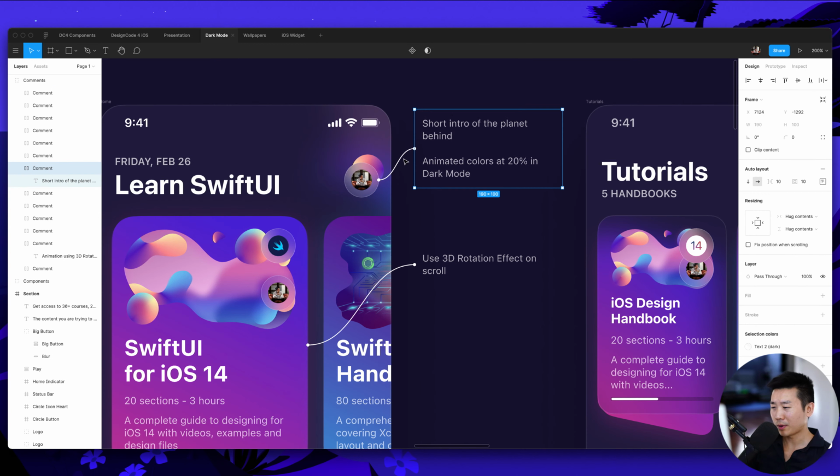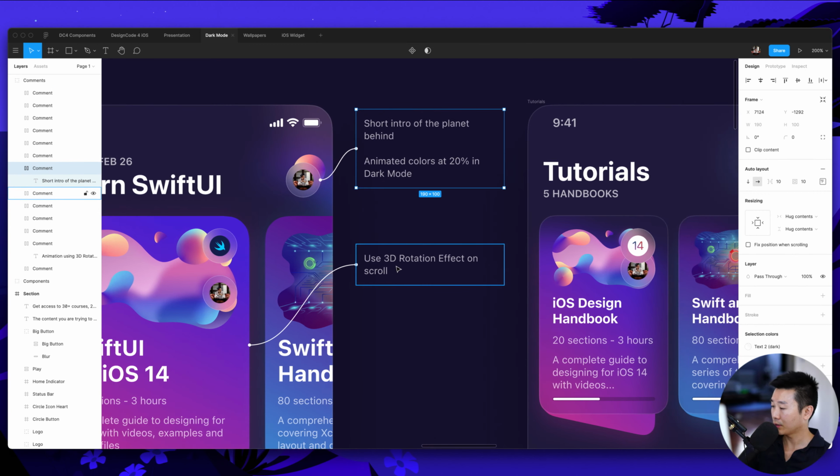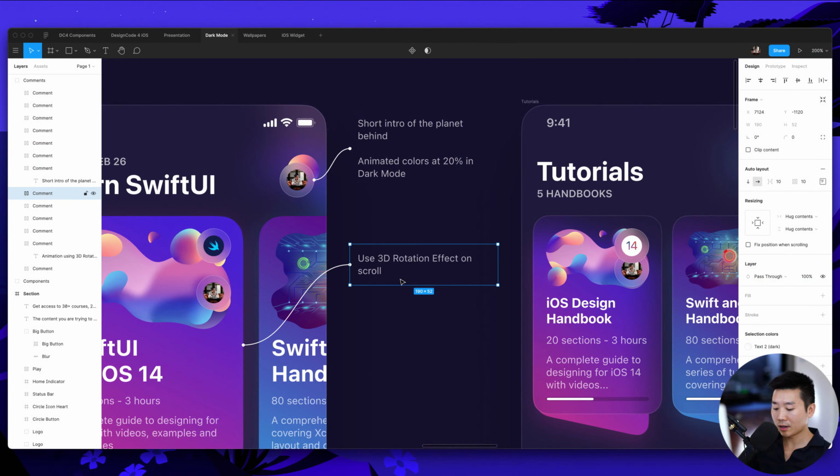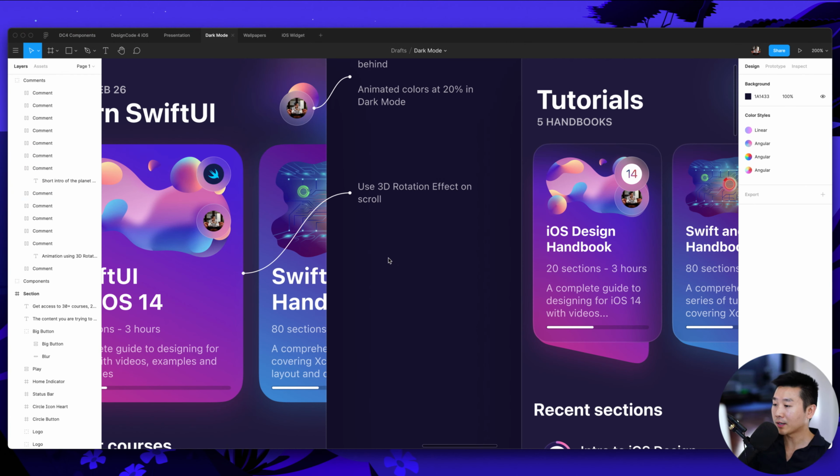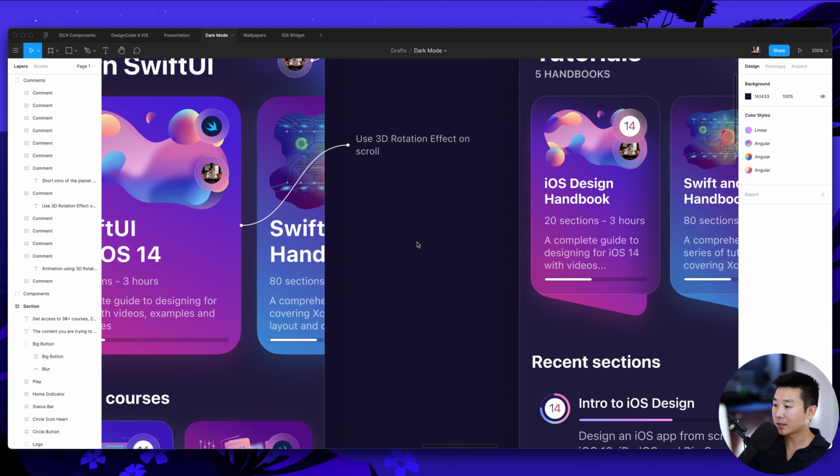Wait a second. I thought it was following. Just a sec. Okay, I guess it's not following, probably because I'm grouping it or something. But let's say I copy this text